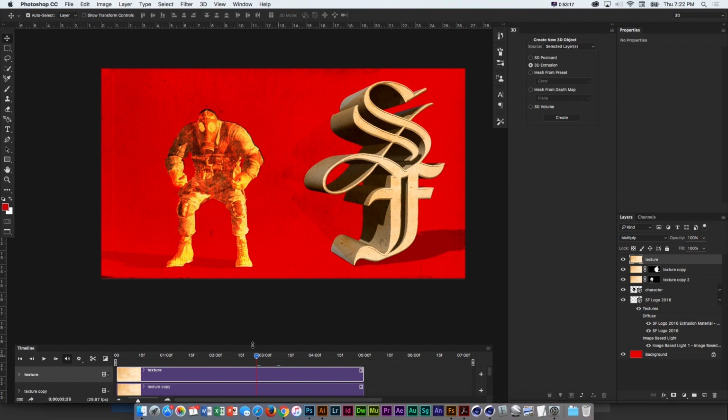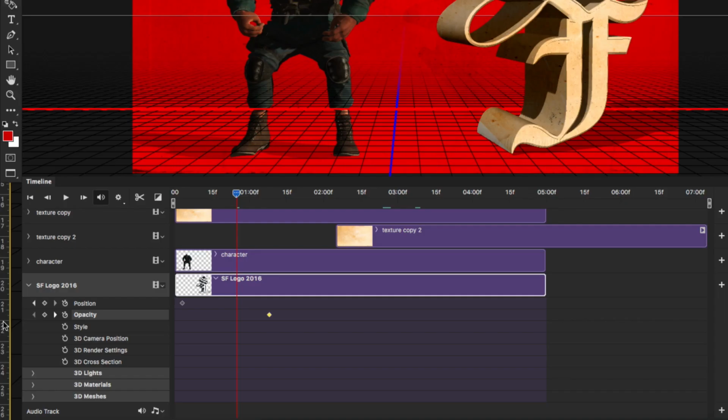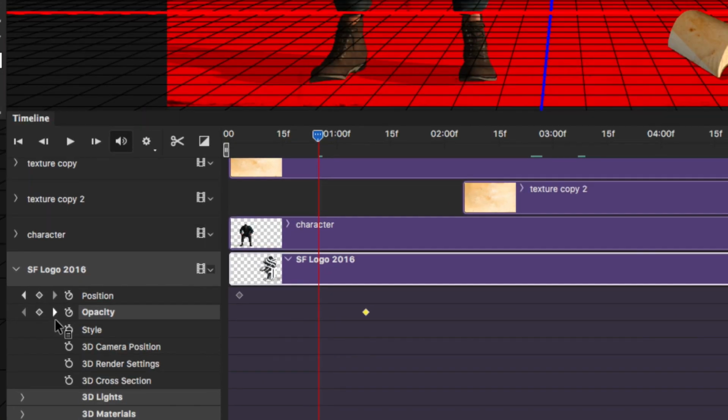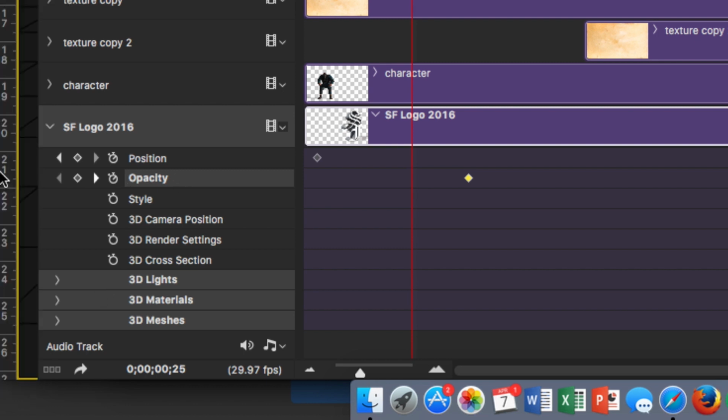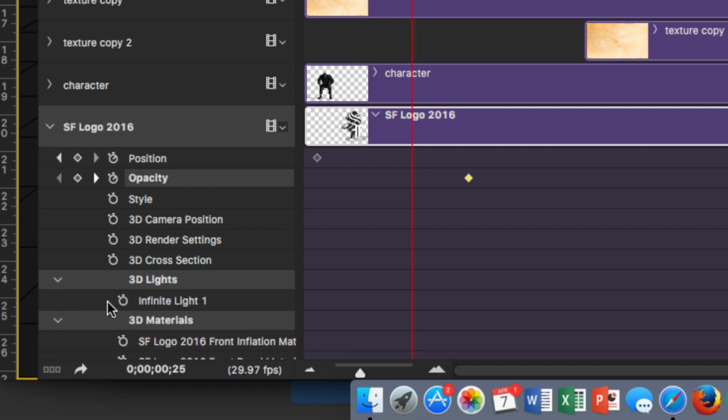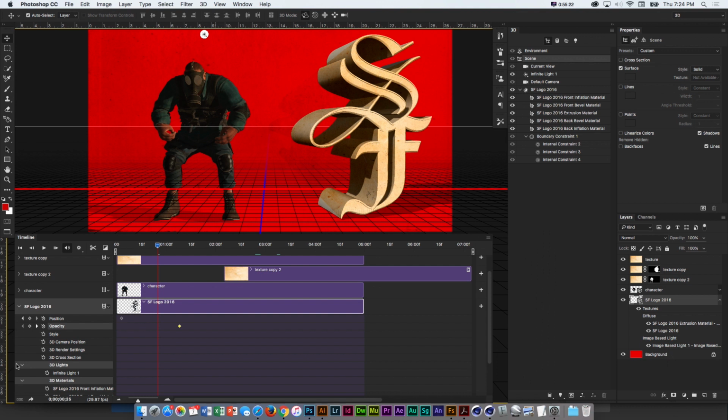And this is kind of just my opinion: if you're trying to do more animation stuff, there is the timeline in Photoshop. The programs are overlapping so much. If you're familiar with After Effects, or if you start to do this a little in Photoshop and realize I can't get there, there's this very After Effects-familiar timeline of animation, of position, opacity, that sort of stuff, the 3D stuff, 3D lights if you wanted to move stuff, animate the materials. You can do all of that stuff.